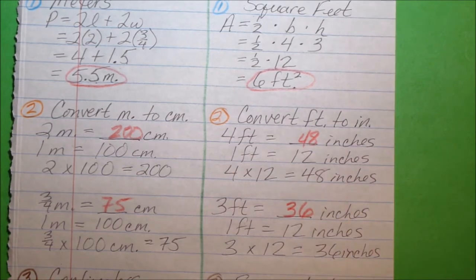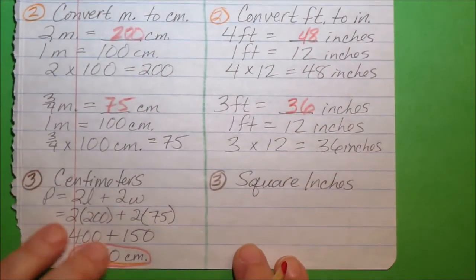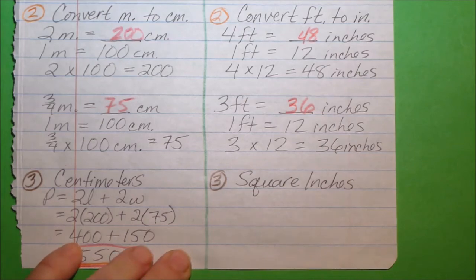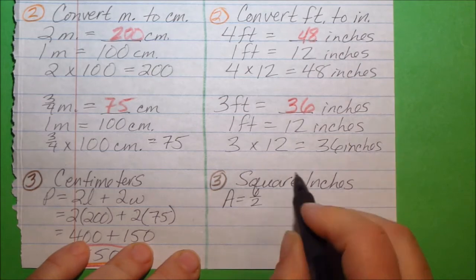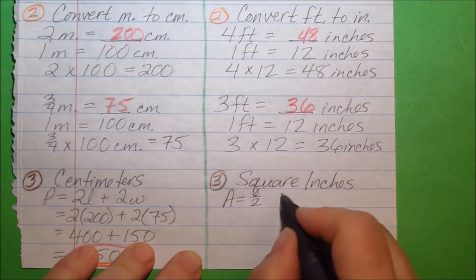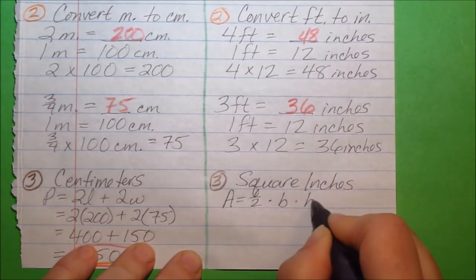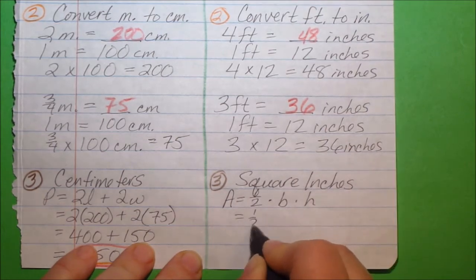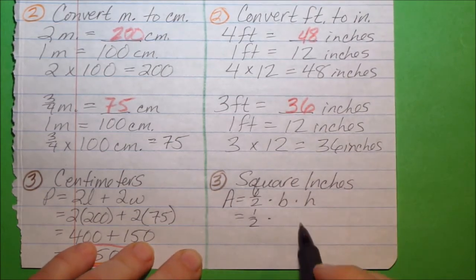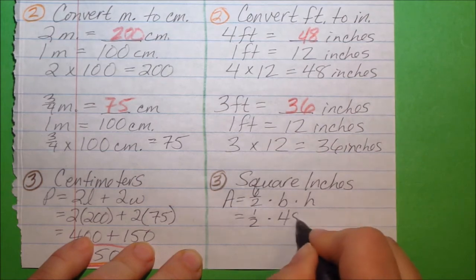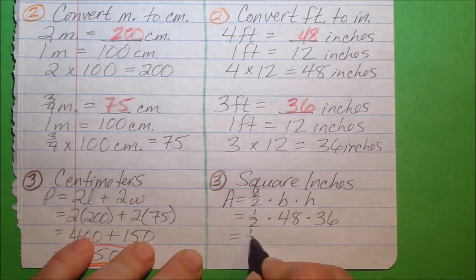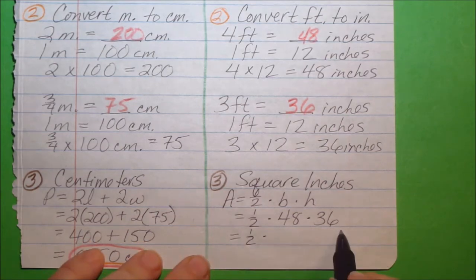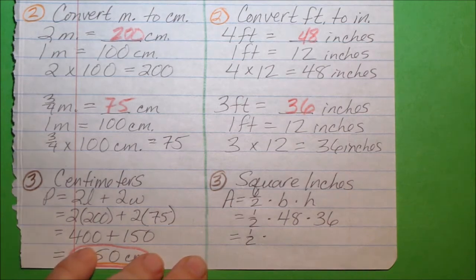All right. Now, step 3 is to figure out what is the area of that triangle in inches. So again, first step is to write down my formula for the area of a triangle. A equals 1/2 times base times height. Then plug in known values. For the base in inches, I now have 48. And in height, I have 36. Bring down the 1/2 and figure out 48 times 36 is